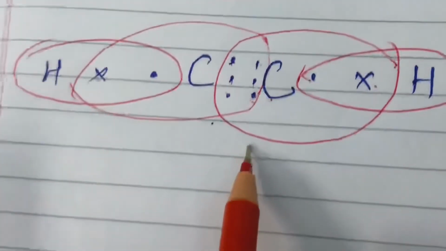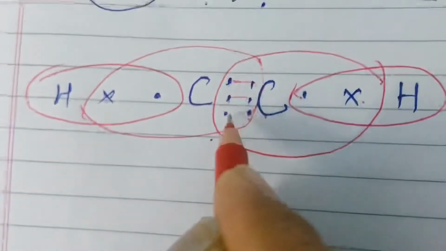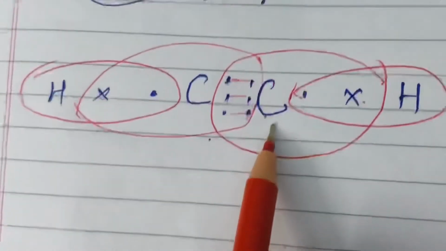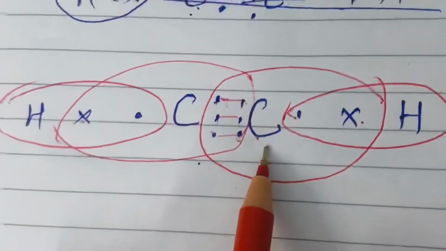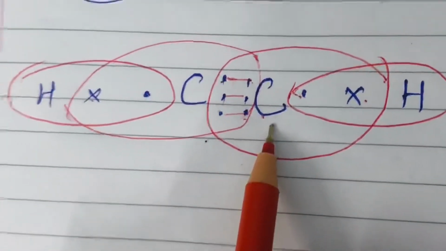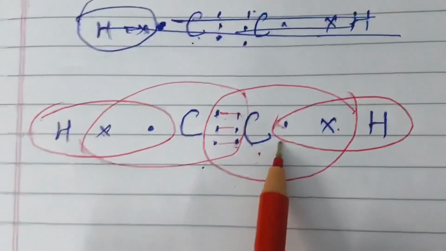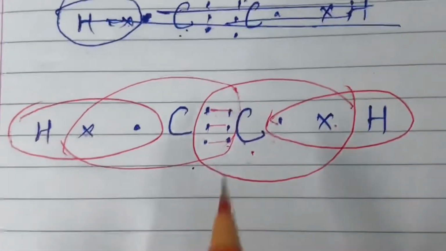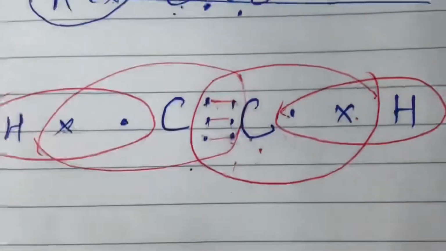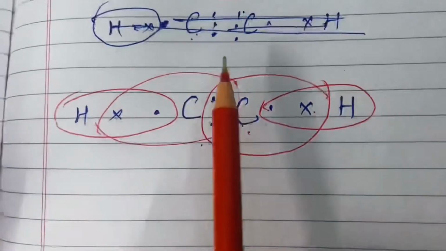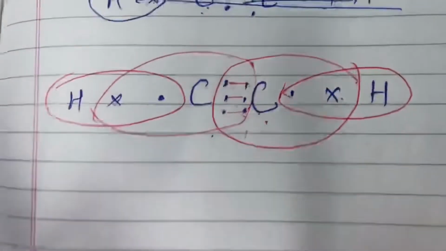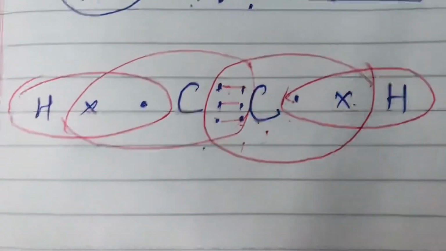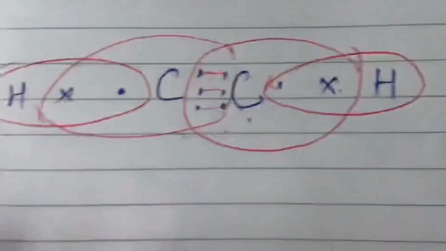Students, this way, can you see triple bonds are forming? That means alkynes are the hydrocarbons in which at least 2 carbon atoms are linked through a triple bond. The same way, students, you have to do for ethyne, propyne, butyne, pentyne and hexyne. This is your homework. Okay, bye bye, take care.